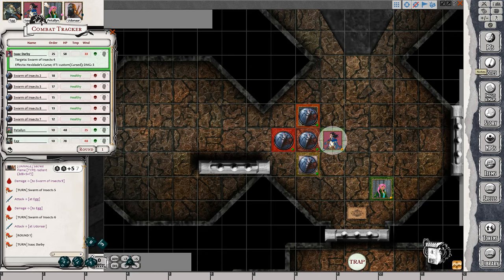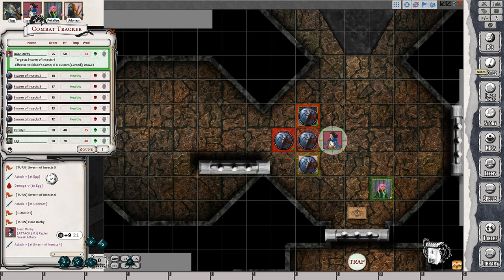I'm gonna move up and swipe at this swarm. Okay. So don't bother adding it. I will literally just add 1 damage to the damage you deal. Oh, okay. As you hit,